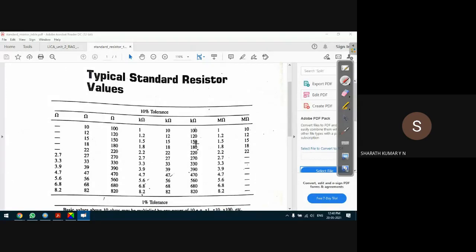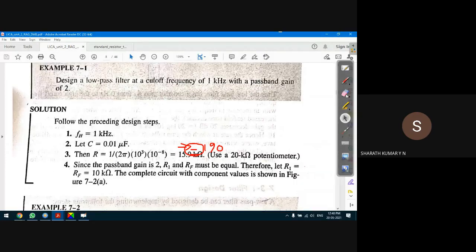The 190 kilo ohm calculated value is compared with its nearest values. Which value to select, 180 or 220? We understood in the earlier class that for a standard resistor table, we always go for a smaller resistor value. But if it is a potentiometer, we cannot go for a smaller value because we cannot vary up to the required value. So we have to go for a higher value potentiometer.